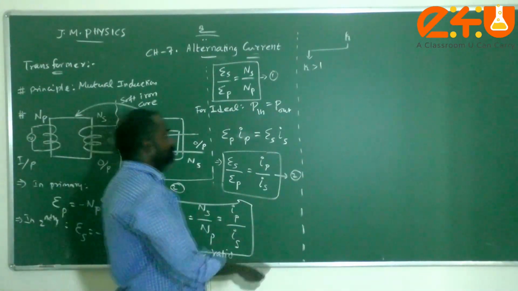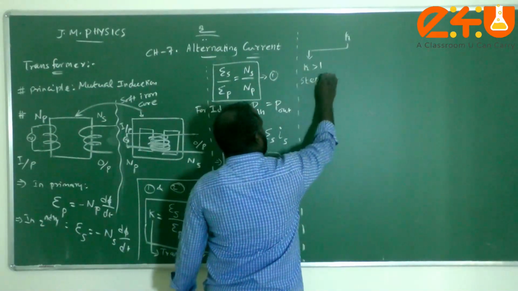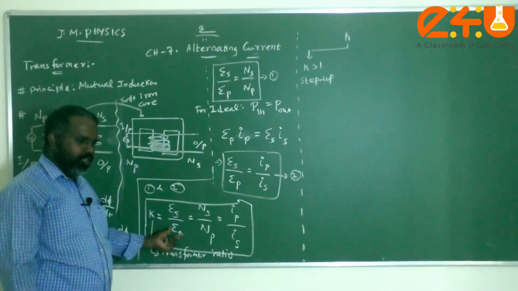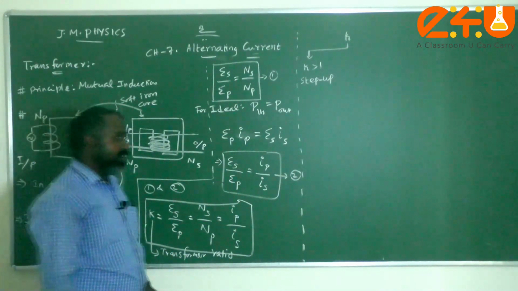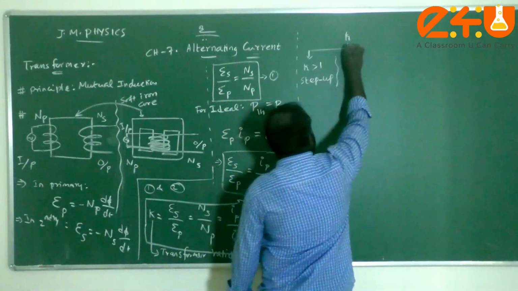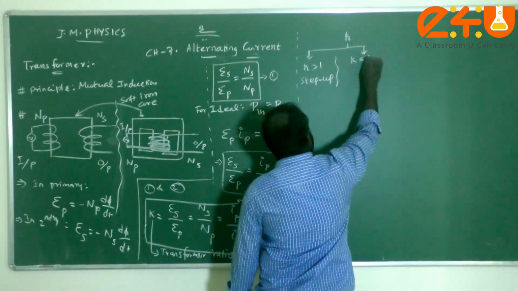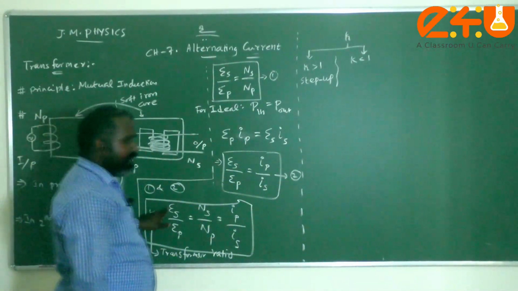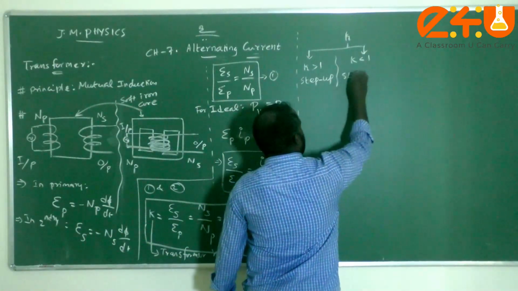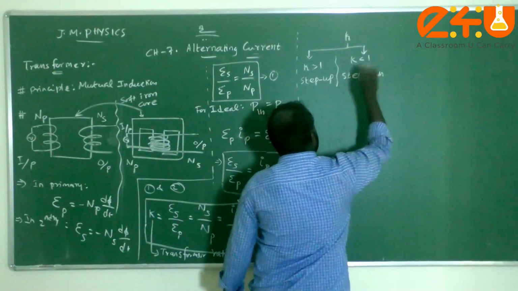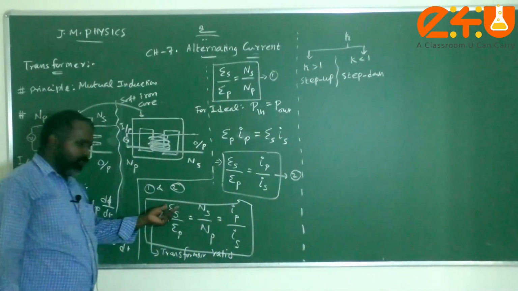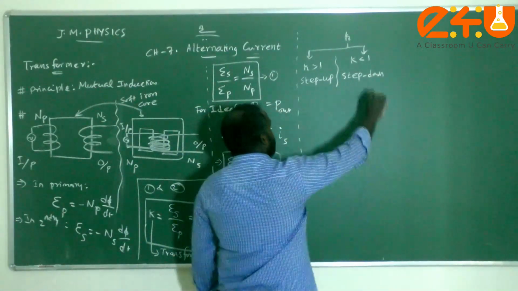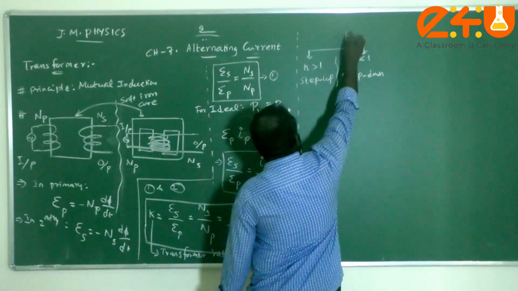Such a condition is called a step up transformer. Very simple: output voltage is greater than the input voltage means a step up transformer. And another one is what, children? Now, if K is less than 1, again same story: denominator is greater than numerator. Therefore, they are called a step down transformer. That means output voltage is lesser than the input voltage. So, these are the types of transformer.